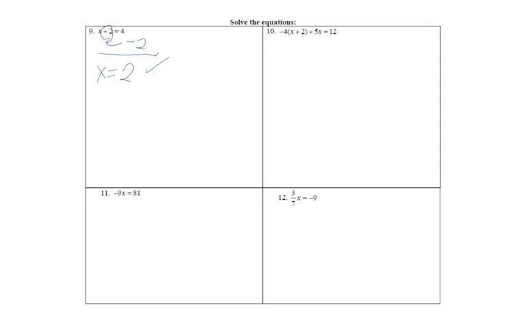In question 10, we're going to have to do a lot of distributing and like terms first. So first, negative 4 will distribute to x and 2. So you get negative 4x. Let's try that again. Negative 4x minus 8